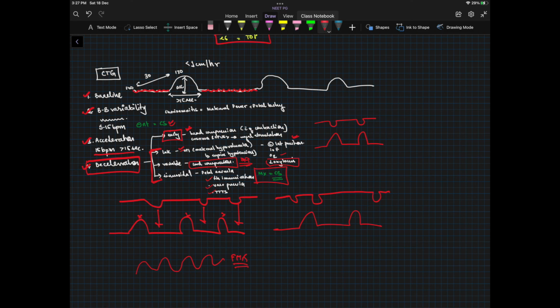The causes of late decelerations are uteroplacental insufficiency or maternal hypovolemia. So we'll ask the female to lie in left lateral position, supply her with oxygen, and we will reduce the dose of oxytocin if given. In variable deceleration, the cause is cord compression. This is important, right? Another is a sinusoidal heart rate. This is sinusoidal FHR. This is representative of fetal anemia, and it is seen with RH immunization, vasa previa, or twin transfusion syndrome, and the management is C-section.